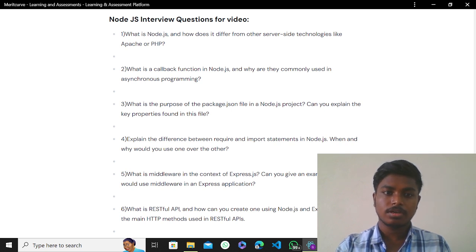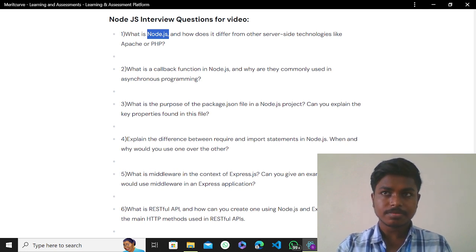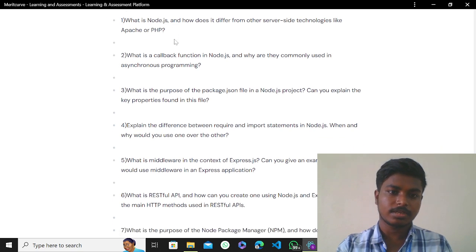In this, both on the server side and the client side, we can use JavaScript for compatibility, which will be very easy. And Node.js can handle concurrent requests, meaning in a single codebase we can handle many requests like sign up, login, and other various features. Okay, so that's it about this.